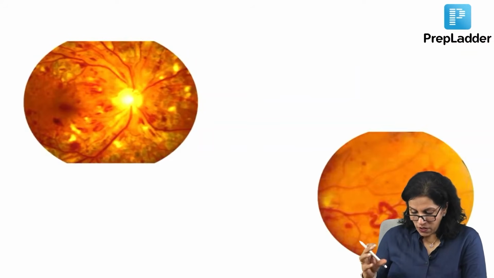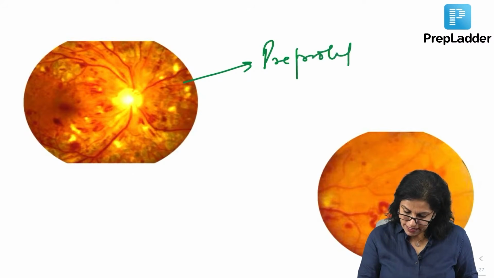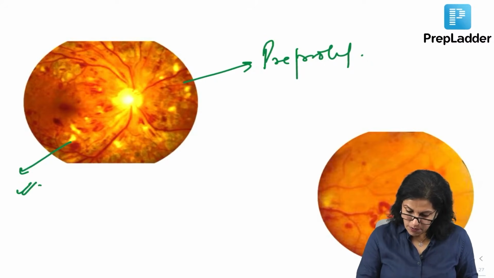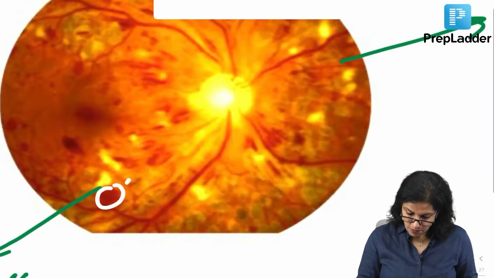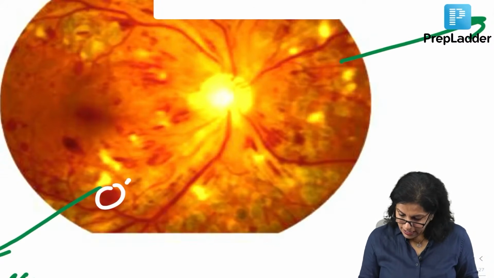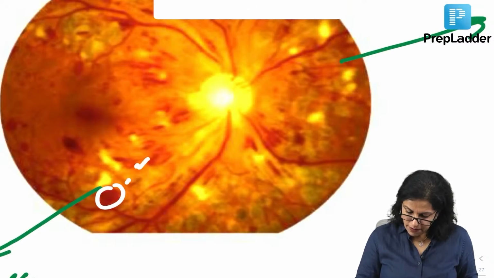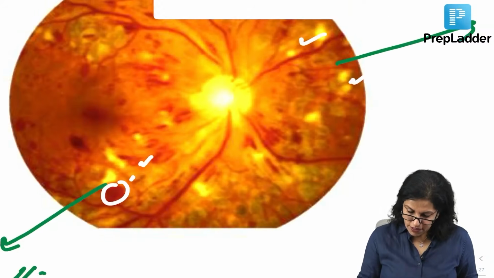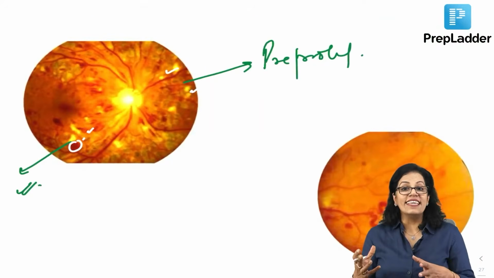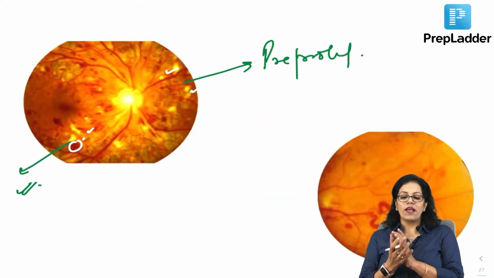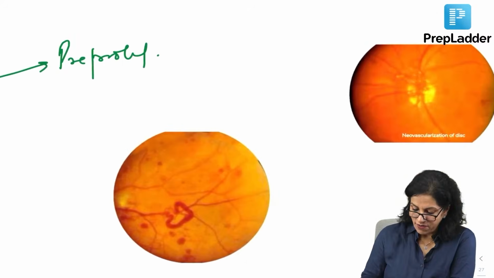Okay? Now, when you look at this one, what do you think you are looking at, with stage? We are just looking at some fundus pictures here. Which stage are we looking at? We are seeing the pre-proliferative stage. Why? Look at the number of cotton wool spots. Look at these large blot hemorrhages here, right? And I can see these are the flame shaped ones and so many cotton wool spots. So, when the number of cotton wool spots is increasing, it is telling you more hypoxia, and naturally this is pre-proliferative.